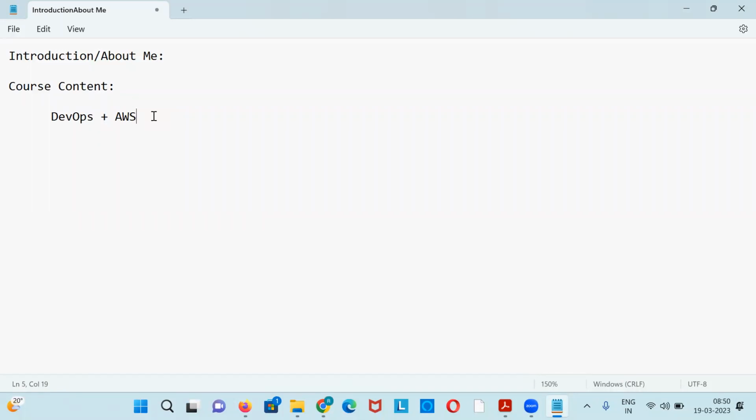You might have received information about these technologies and the outside market demand, all those things, right? So when you are going for DevOps plus AWS, learning these two technologies is not the only requirement. What is AWS and what is DevOps, we will see just in brief.